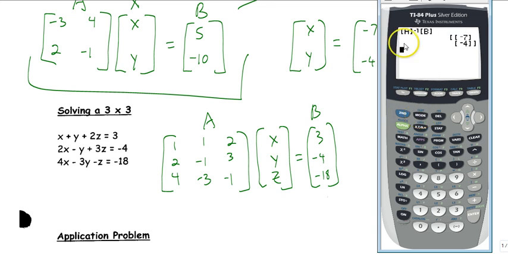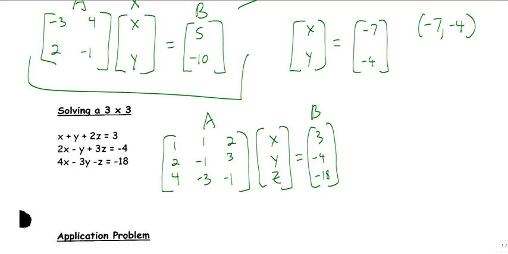Again, I just did A inverse B. You can type that all in again, or you could hit second enter, and look at that, it's back. Well, now it's going to use my new numbers, so when I hit enter, I get the values -2, 3, and 1. So what that means is